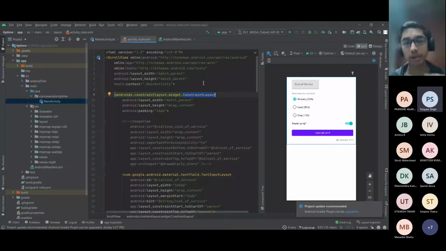It automatically creates a constraint layout, and then puts its width as match parent and its padding as 16. Don't worry if you don't understand these tags, you can always look them up. It'll be specified in your course as well. How this works is that it has to instantiate objects, so that you can actually interact with them.